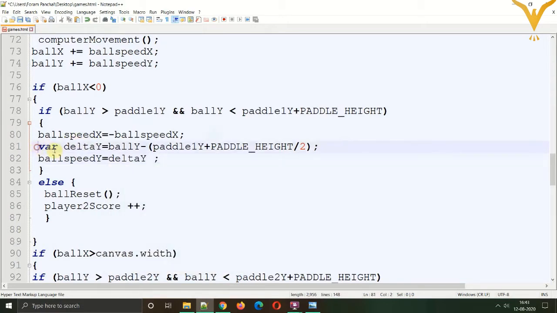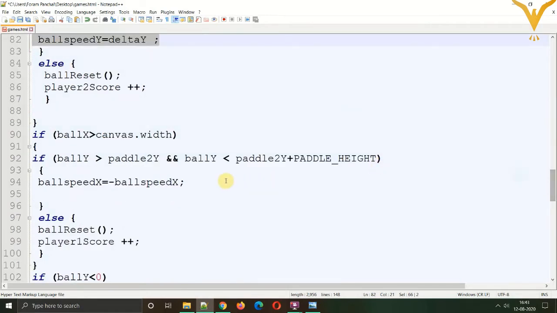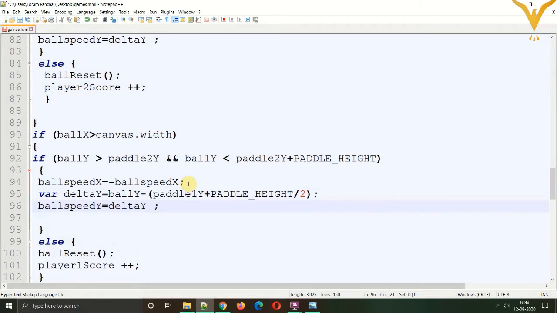And the same thing we are going to do in the right edge condition. Just copy the same thing and paste it in the section below for the right edge. Let's save and continue. So now you will see that if the ball touches the edges of the paddle, it will have a zigzag motion like you're seeing, but it is very speedy.